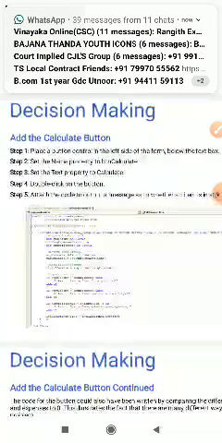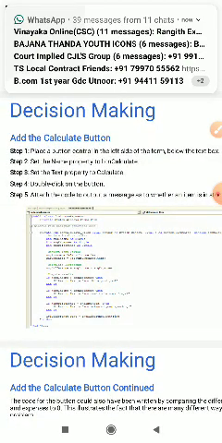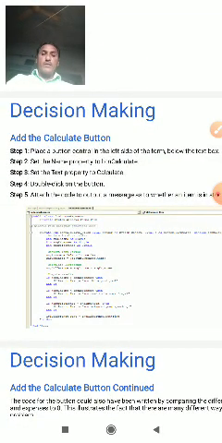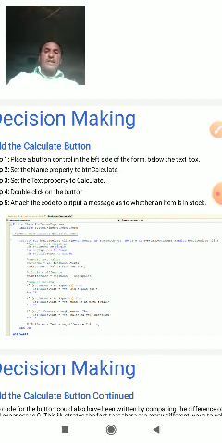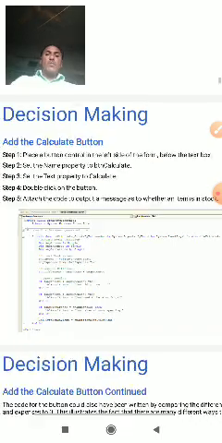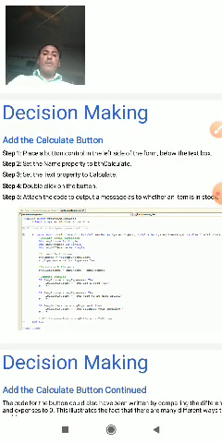Then give the example and calculate the button for decision making. Add a button control on the left side of this form below the text box, set the name property to button calculate, and set the text property to calculate.